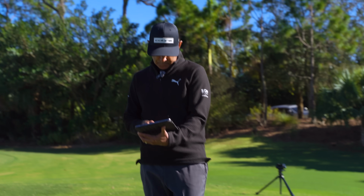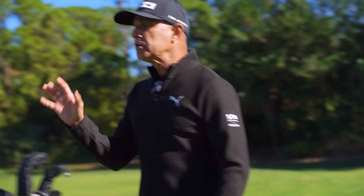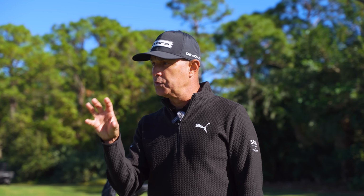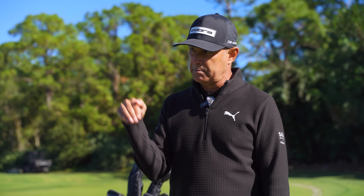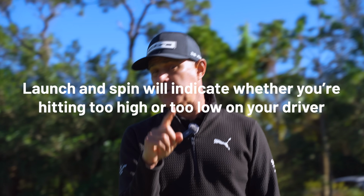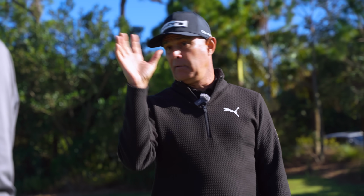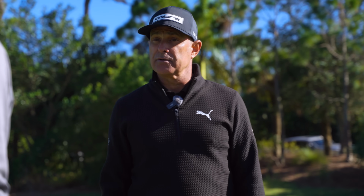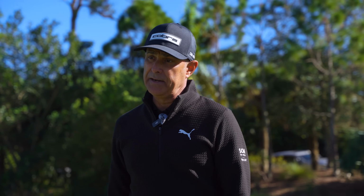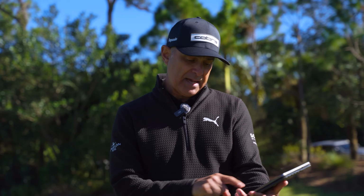Big difference. So for advanced golfers, you've got to pay attention to launch angle and spin. They're going to basically give you a good gauge of whether you're hitting too much down on your driver or too much up on your driver. If that launch number is super, super high, that's not great either. So you don't want to get too extreme on either end. And I think knowing, okay, when I play my best, I launch it